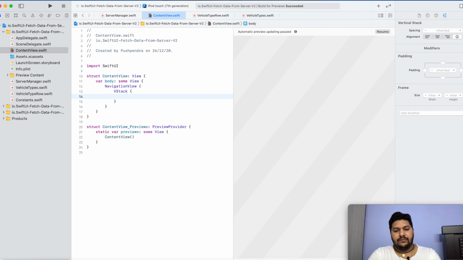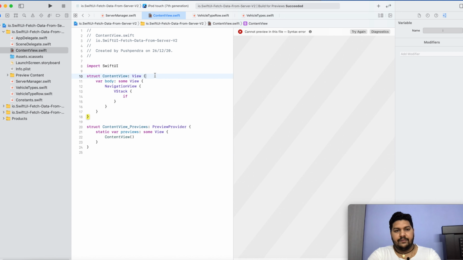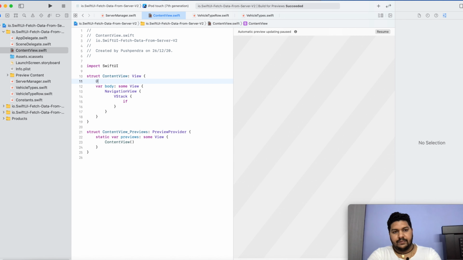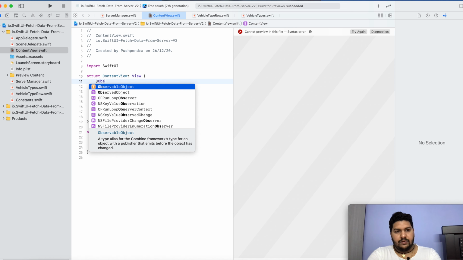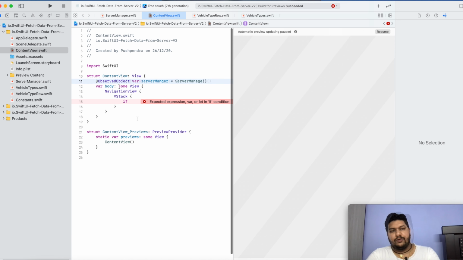Inside the VStack we will check an if, and before the if I will take an @ObservedObject, and this will be my dataList equals type of ServerManager, or we can say ServerManager.